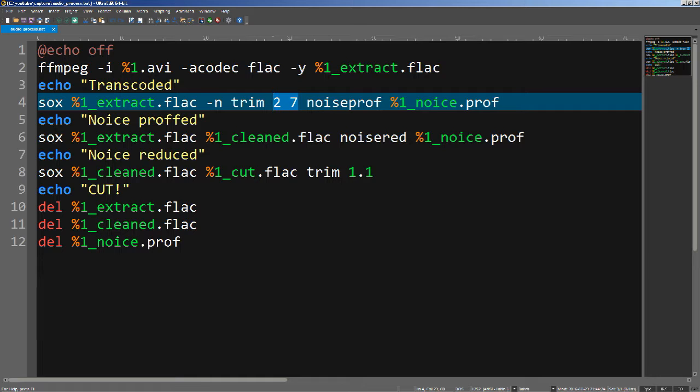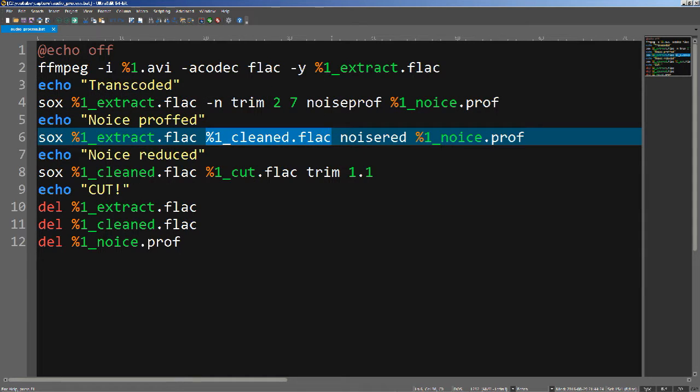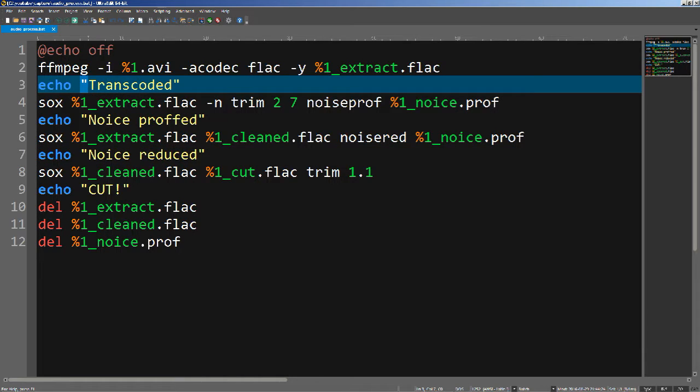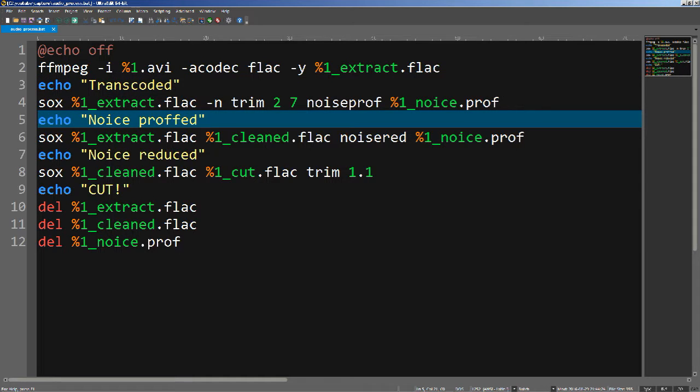So I take a part in the beginning of the file and make a noise profile and save that to noiseprof. And after that, I run the same file with a result to a cleaned file with noise reduction from the noise profile. And this will clean up the sound and remove all the noises. So then I have a reduced noise file. And all these echoes are just to say in the output what I have done. And I could remove all these hyphens as well, because those are not required, but